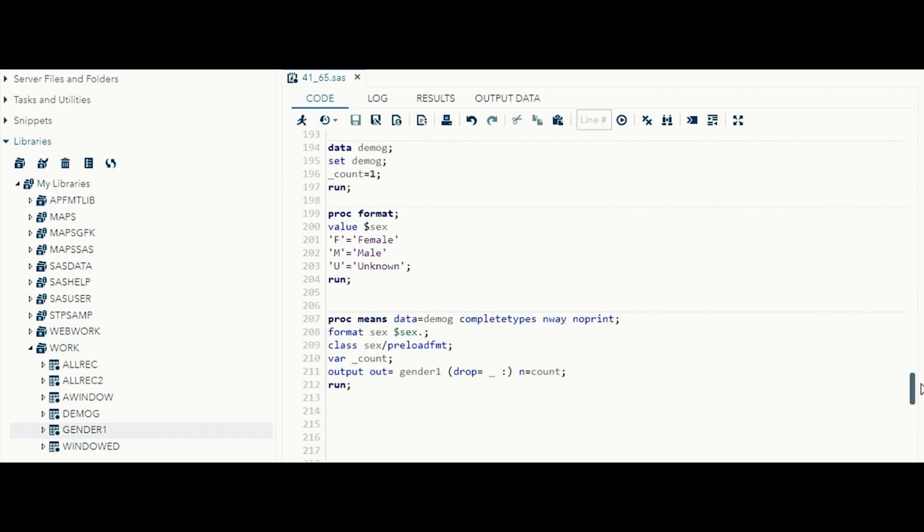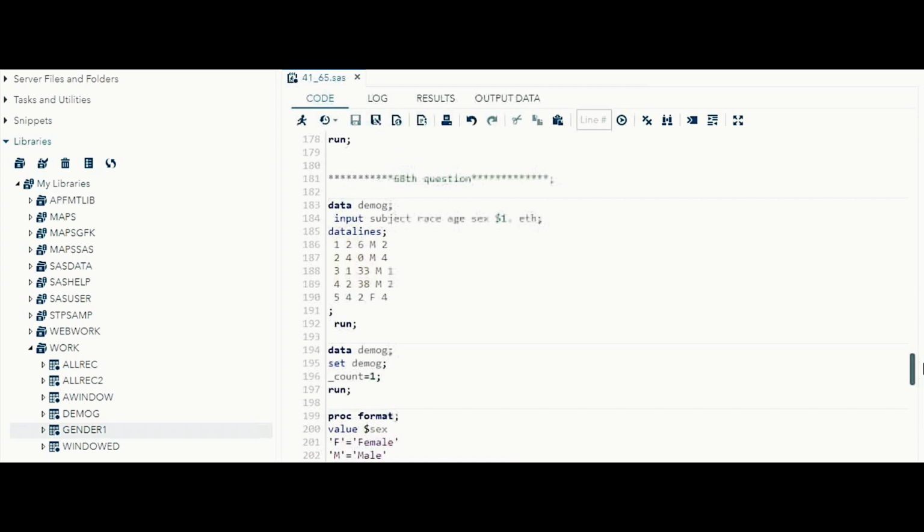This is very useful for real-time programmers, because they always spend a lot of time creating a dummy data set, remerging it to the main data set, and wherever missing values are there, applying 0 values and percentages, so many headaches. If you apply this simple piece of code, whatever conditions and scenarios there are in the CRF, those many values, as well as 0 values, are created automatically by using PRELOADFMT.